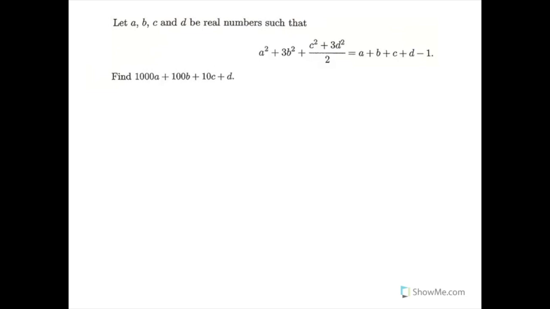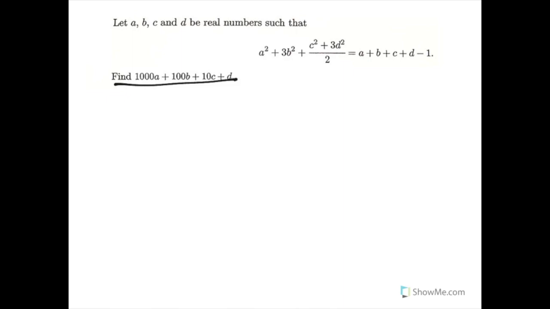Alright, so we're going to move on to another problem. This problem thankfully does not have multiple variables multiplied together, and so perfecting the square for this problem is going to be relatively simpler than the last problem. But this is really weird because we're given one equation of 4 variables, and we're asked to find